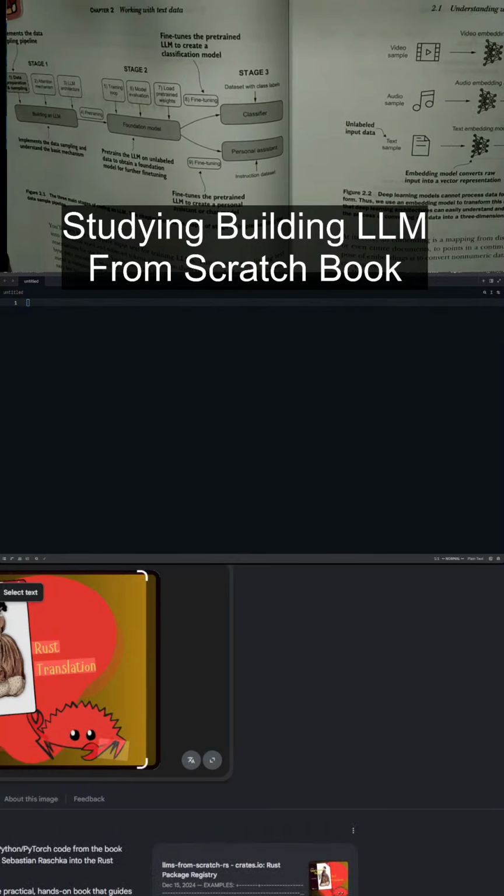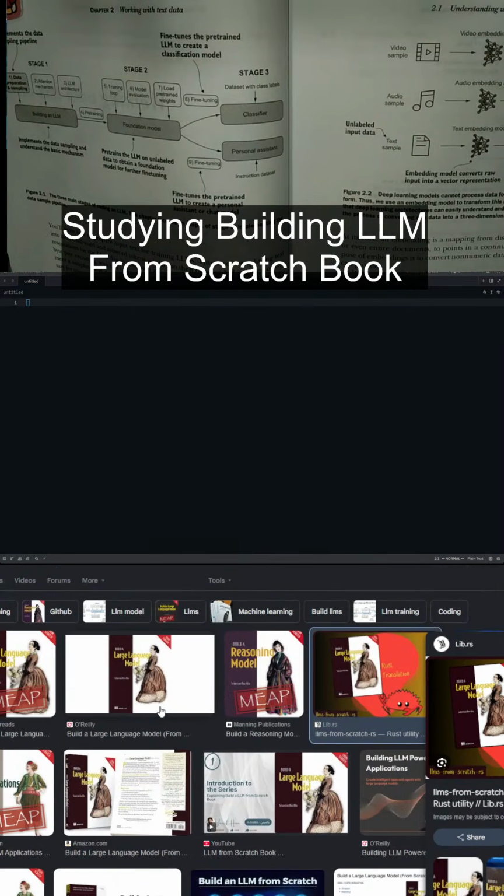Oh, meron siyang Rust translation. It has a Rust translation. Okay. Anyways,